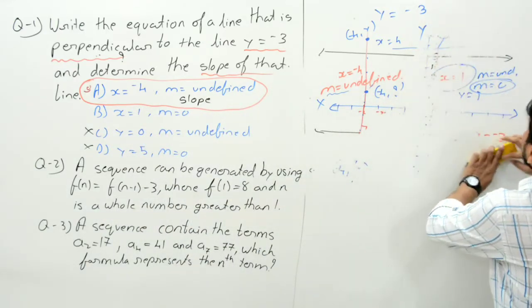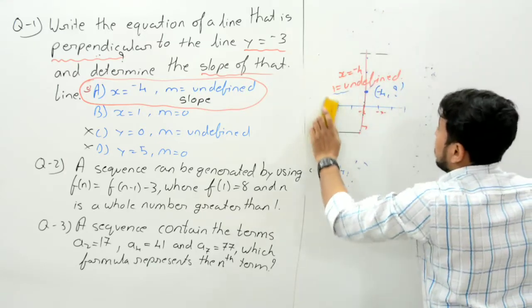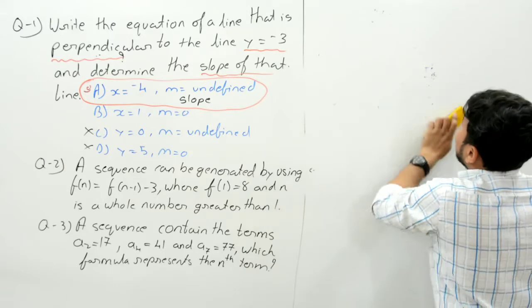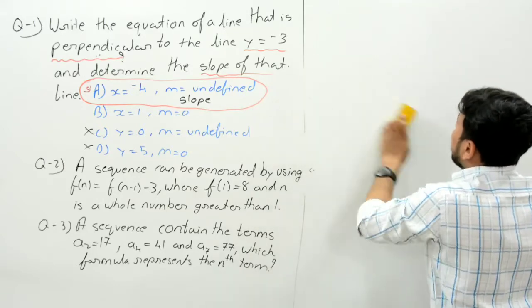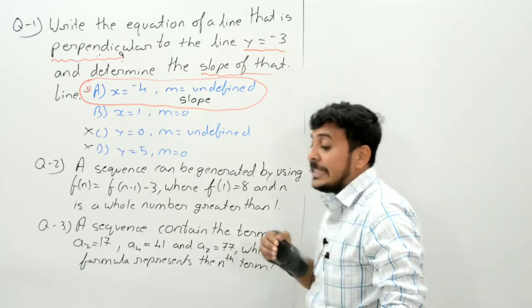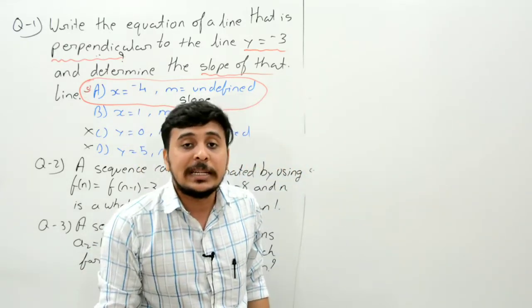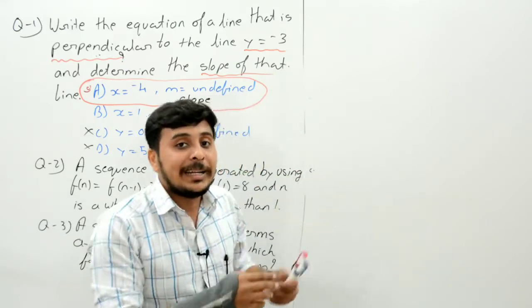Here we need to learn the topic known as arithmetic progression. It is the question of a topic known as arithmetic progression. So what do we mean by progression? Progression means it is increasing or decreasing. It is moving. There is some progress in it. And it is arithmetic progression.